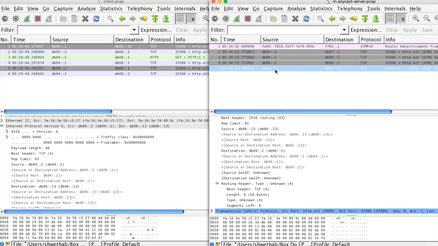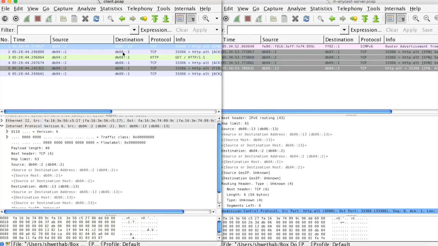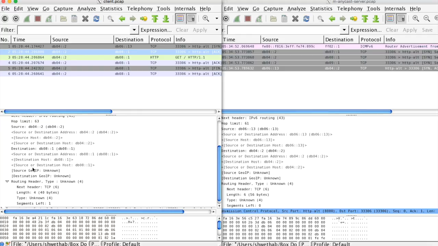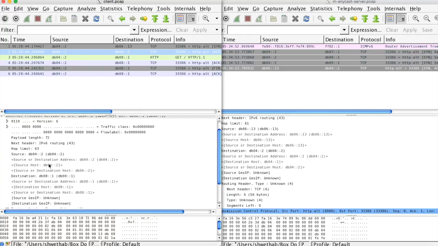Only one of the responses is sent out towards the client, which contains the SR header to signal the server that was selected. In this case, server 2 was selected, and hence you see that the ACK and rest of the packet data exchange happens directly with the selected server, which is server 2 here, and the actual Anycast address is embedded in the routing header,